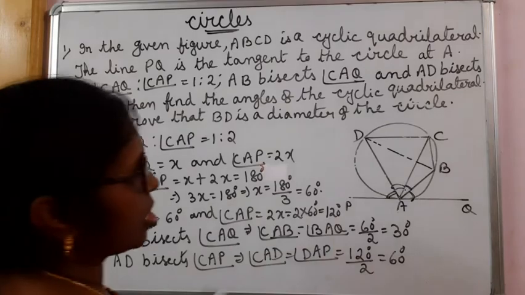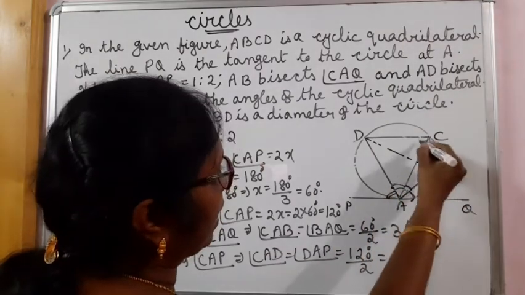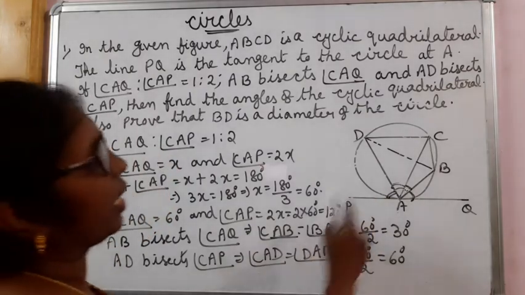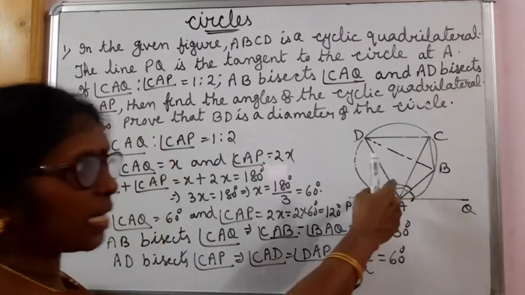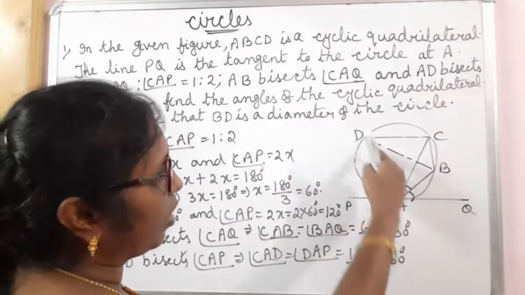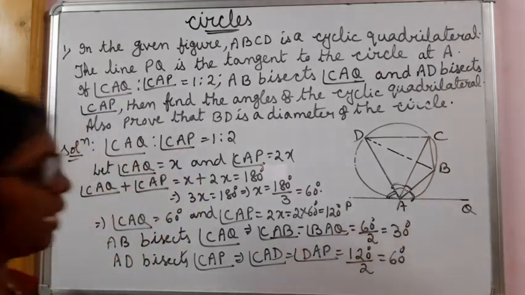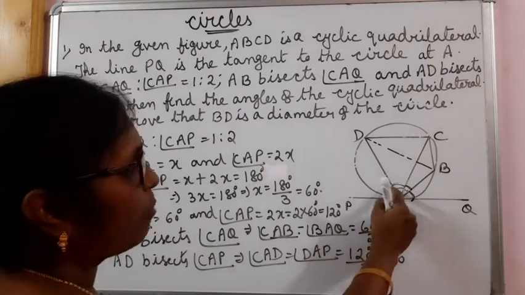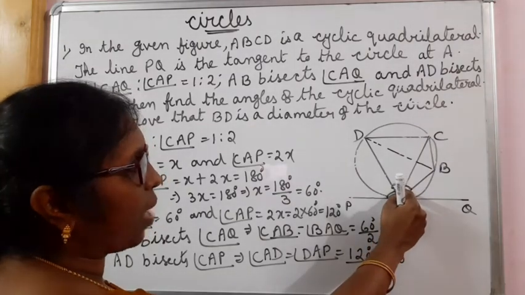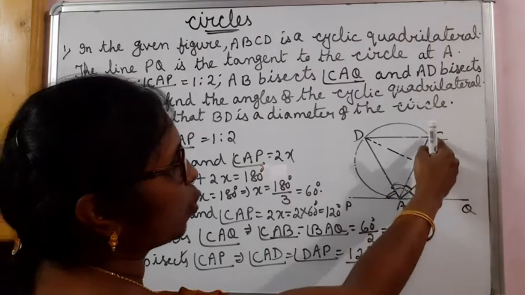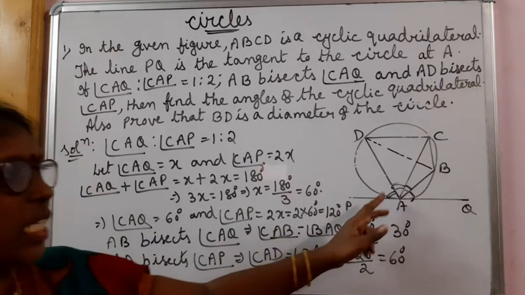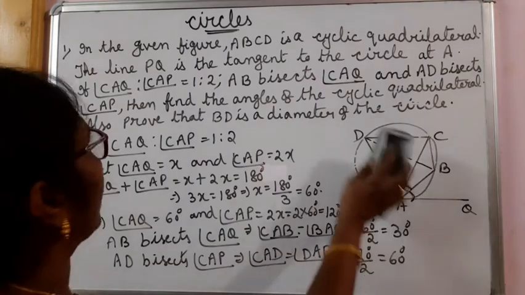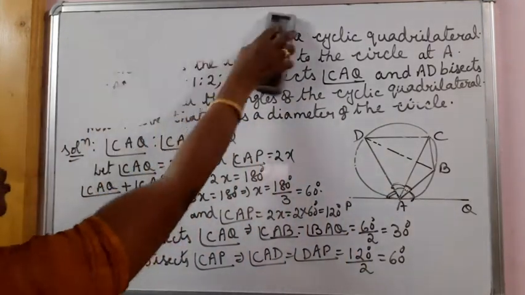Now we have to find angle A, complete angle BCD. Now we see, children, this one 30, this part is 60. Angle DAB is one angle of the cyclic quadrilateral. So angle DAB will be angle DAC plus angle CAB or BAC. So this is 30 plus this is 60. We'll be able to get angle DAB. If you get one angle of the cyclic quadrilateral, 180 minus that gives you its opposite angle. So with this we are able to get A and C. After that we'll work out for B and D. Let me clear the board top portion.